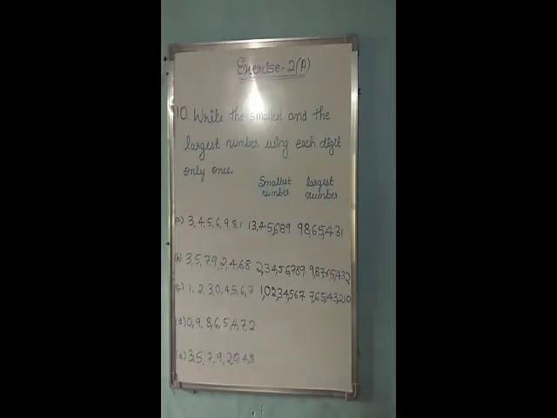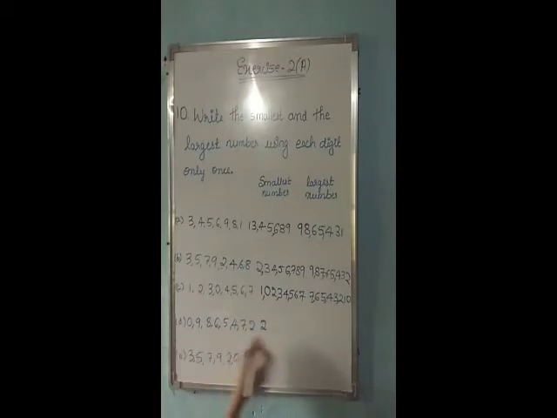Fourth one, the given digits are 0, 9, 8, 6, 5, 4, 7 and 2. Here also we have to form the smallest number and the largest number. To get the smallest number, we arrange the given digits in ascending order, keeping in mind that we never write 0 in the extreme left position, because 0 at the extreme left position is meaningless. So here, other than 0, which number is the smallest number here? 2. So we have to take 2.